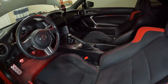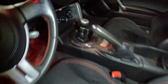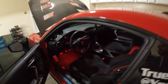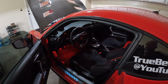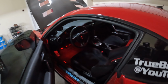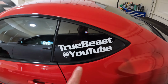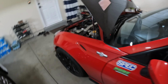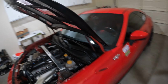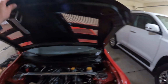The shifter is still the OEM shifter. I just wanted to keep that nice OEM look from inside the car, so I did that, and it works nice. Never had any issues with that. All my gauges work easily, and if you guys want to search on YouTube, that's True Beast. So that's my whole car, guys. That's what I got for you guys. And if I did miss something,